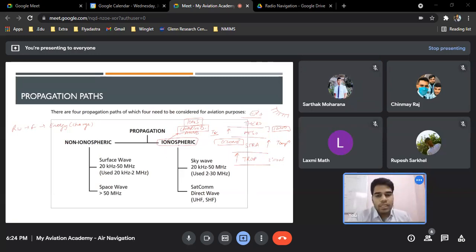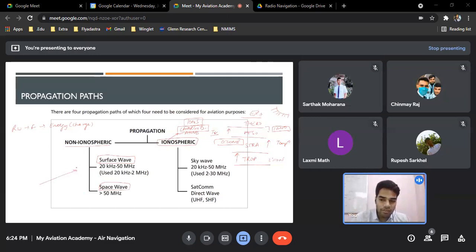I went into depth. So as I told you, charged particles relate to frequency, and that is why we will discuss the ionosphere, because it's all about the charged atoms. Briefly, it is divided into two parts. This is the non-ionospheric part, wherein we'll be traveling just above the surface, for the surface wave. Then this is the space wave, but don't confuse yourself, I'm not traveling to space. It is basically not touching the surface.